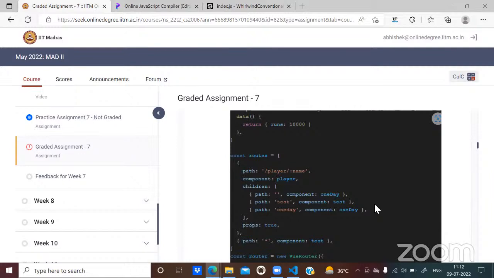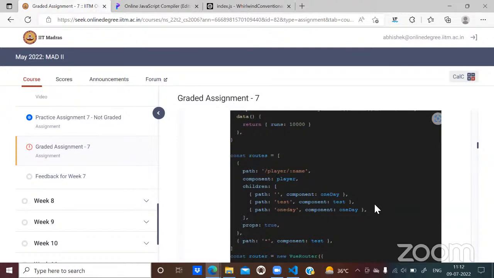Okay, sir. Sir, can you please summarize once the commit and dispatch, please? Okay. If we try to recall what an ideal life cycle of a Vuex store looks like: a component must dispatch an action, an action should commit a mutation, and finally the mutation should make the state change.